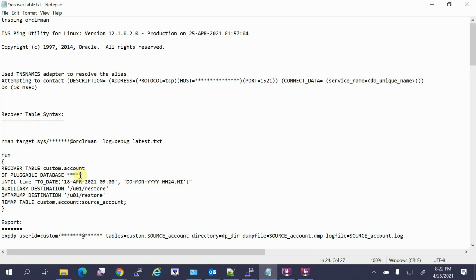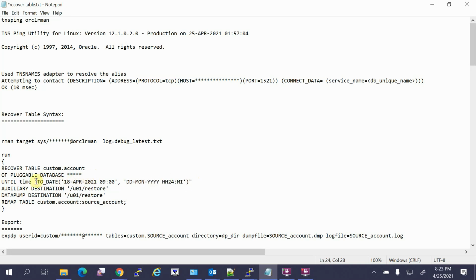Okay, if it is a traditional non-CDB database, you may not need this statement, but here in OCI, as I clearly explained in one of my earlier sessions, except for 11.2.0.4, your CDB is mandatory, right? So when you provision, you are going to get only a multi-tenant database, so pluggable database until time, 18th April. This is just before we start the cutover activity.